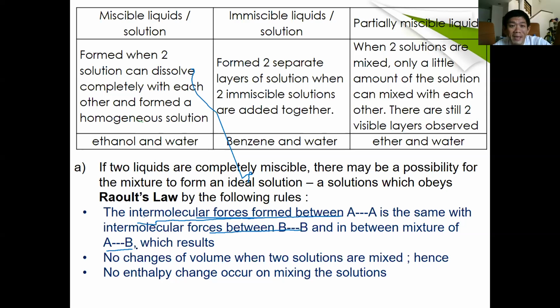So you will expect that their molecular mass cannot be too different. Okay, so that mixture will form an ideal solution. If you want more examples, another example will be